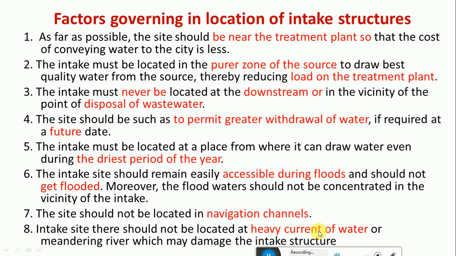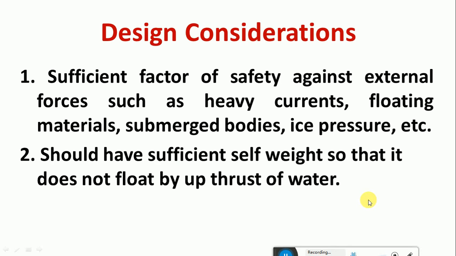Okay, the heavy current will hit the structure. Because of the water pressure, the concrete intake structure may get damaged. Meandering river surfaces are where we have very little flow of water, because of less area for the flow. Because of that, the meandering effect will cause damage to the intake structures due to the high velocity in the zigzag pattern near the meandering surface. So we should not locate the intake in a heavy current area or meandering water surface, which may damage the intake structure. These factors should be taken into consideration.